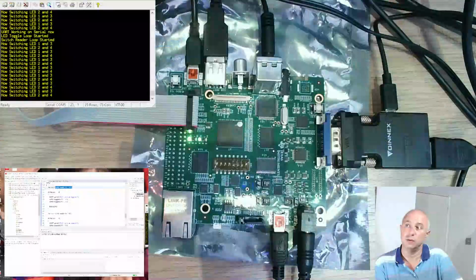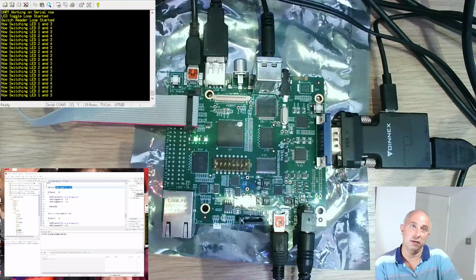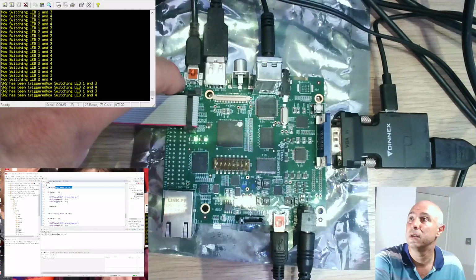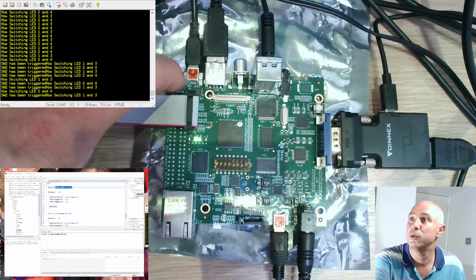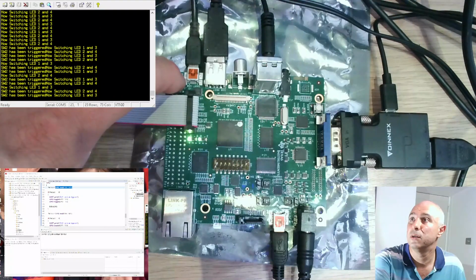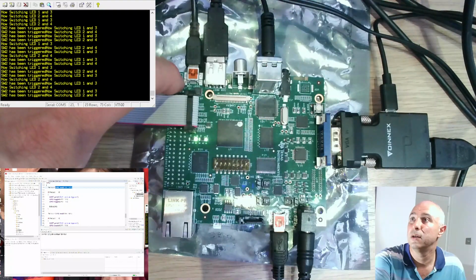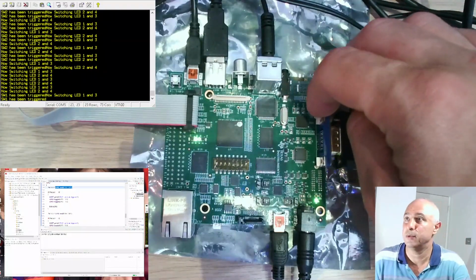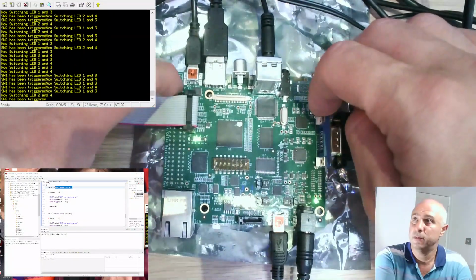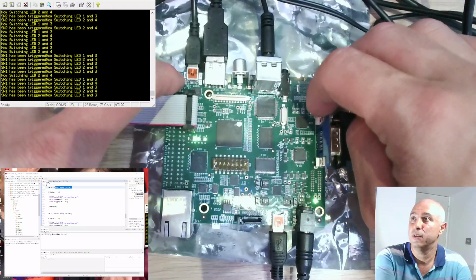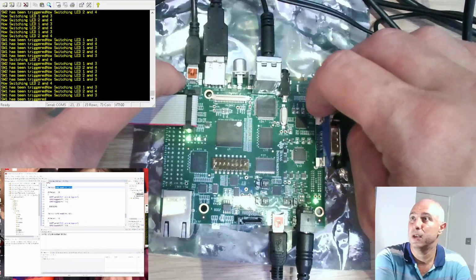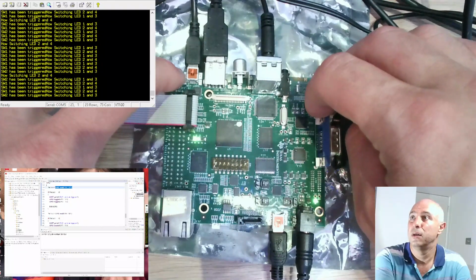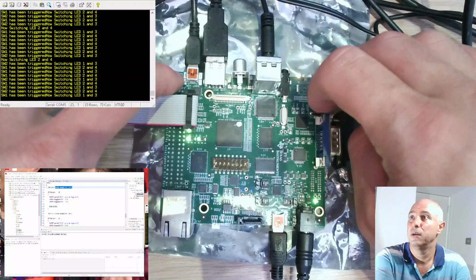So let's look into this one here. If I press the switch now, so switch 1, notice the LEDs. Switch 1 is doing 1 and 2. See that? And switch 2 is doing the opposite way. See that? If I press them together, or one after the other, you can see now the rhythm is kind of disturbed. So now you see